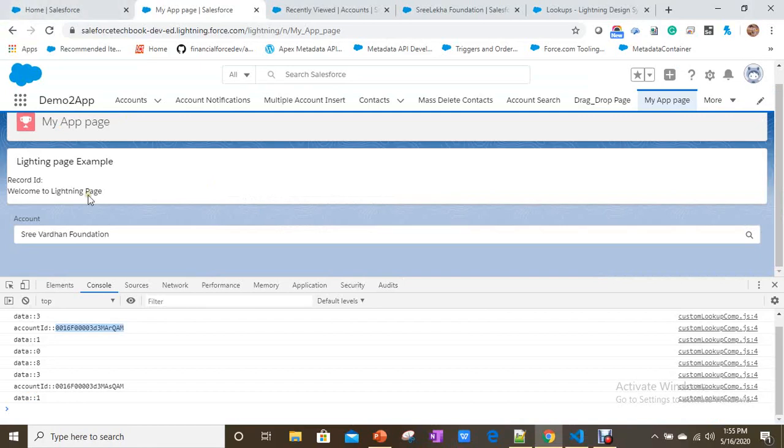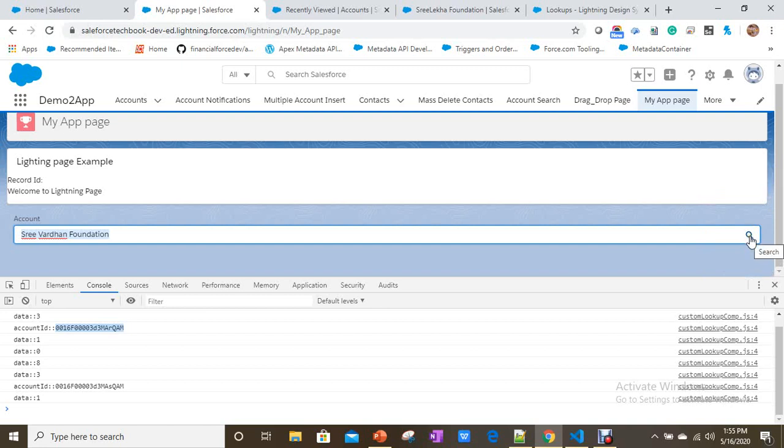Okay, now one more thing, I want to create an account also. Here I'm able to search existing contacts, I mean existing accounts, sorry. But when you click on this icon, I want to open a pop-up and create an account.